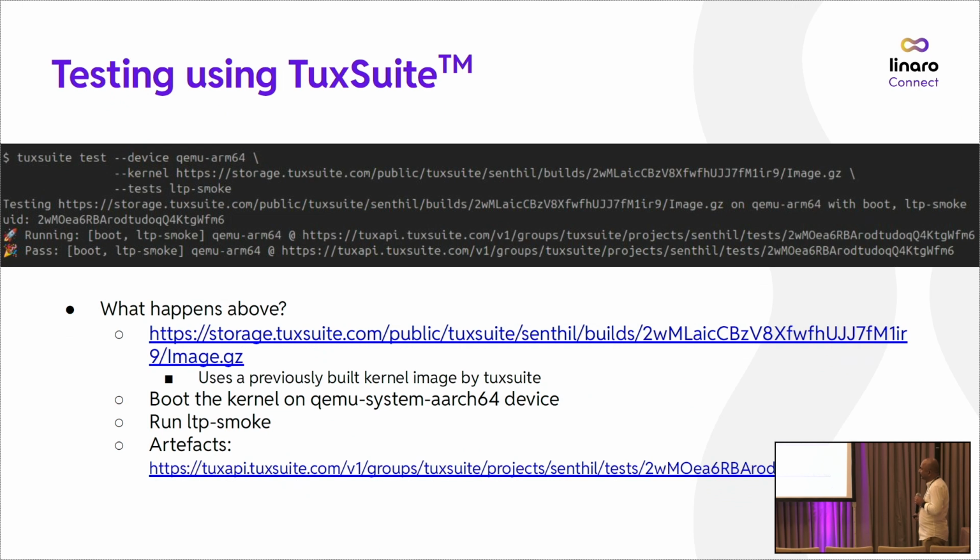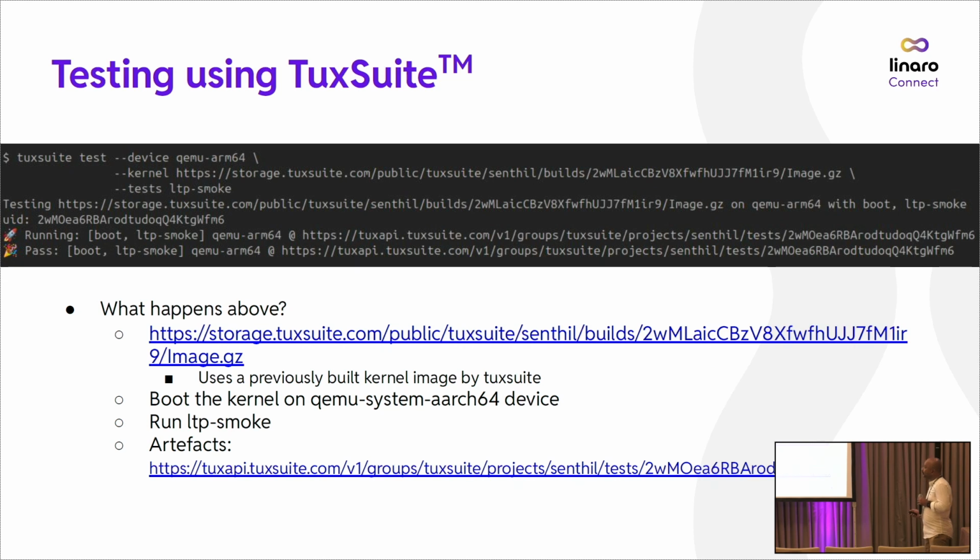So the same kind of thing. Once we fire this, there will be a provisioning step and it starts running, and then we will have the results. And similarly, we have the artifacts URL, where you can see different artifacts as listed in the builds page. So I am not showing the artifacts page for tests, which is very similar to the builds page. So if you see here, we have booted QEMU ARM64 using the kernel which has been produced by the previous step, and then internally we use a QEMU system AArch64 device, which is a virtual device on